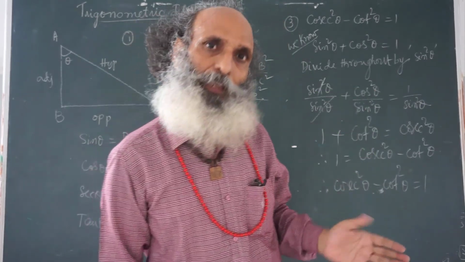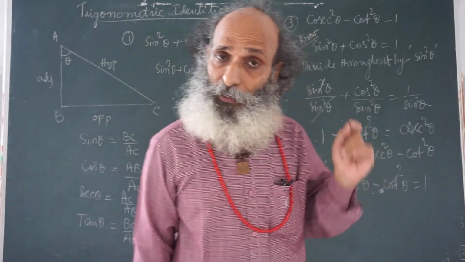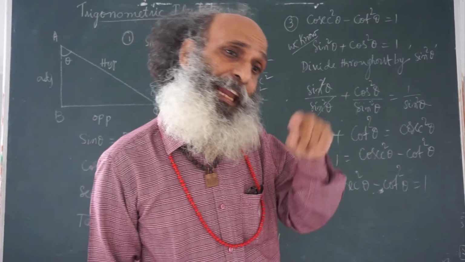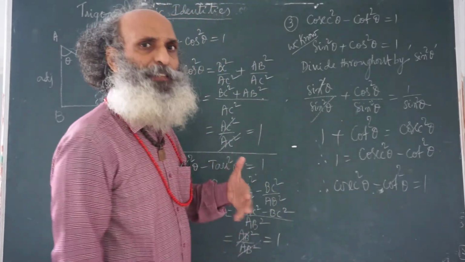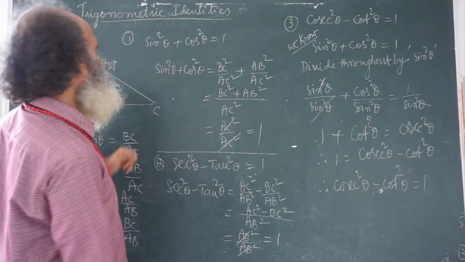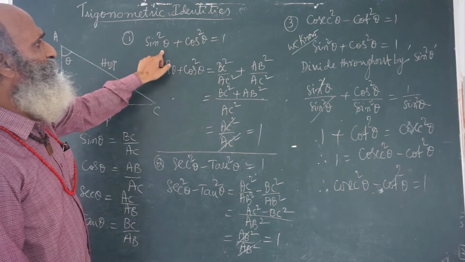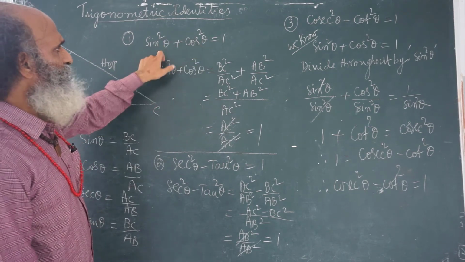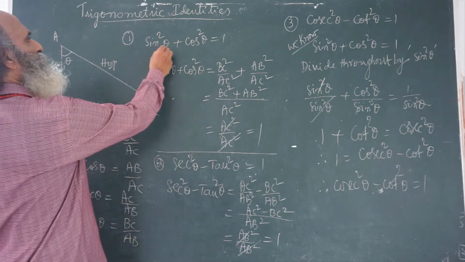In trigonometric ratios also there are some relations, identities. These identities hold good for any value of theta. That's why we call them identity. Theta means angle. So, a Greek letter theta is used for angle. I can write it as sin square A plus cos square A, sin square x plus cos square x, sin square B plus cos square B. Like that, in the place of theta I can put anything.